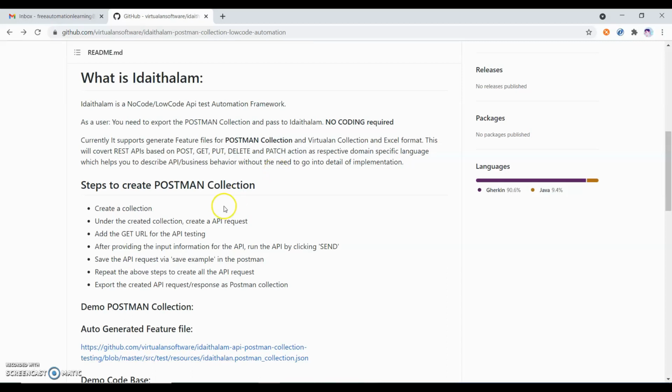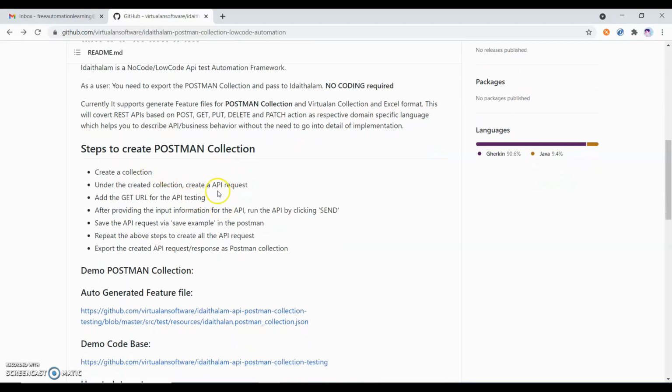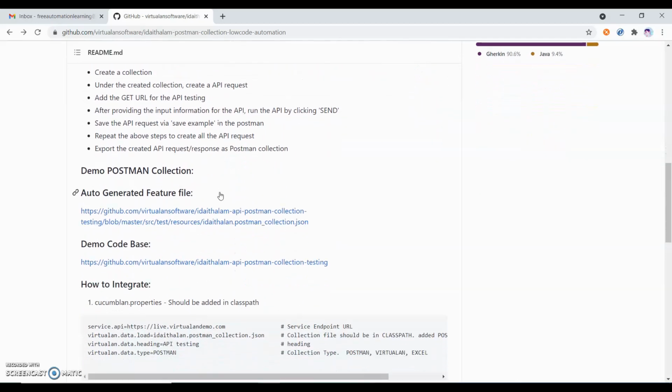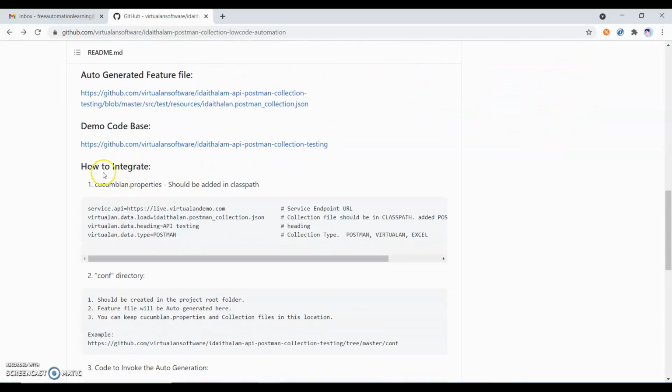So we have created our Postman collection. Now what do I need to do? They said you should create this properties file.